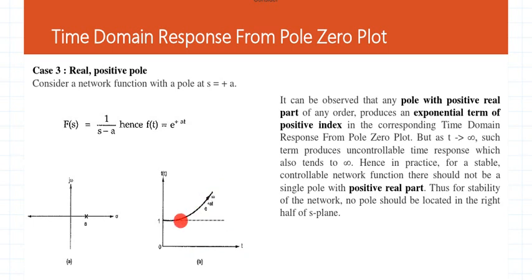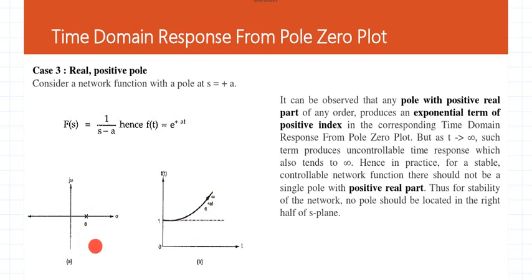As the time increases to infinity, the magnitude also tends to infinity, and therefore such an output of the system is an unstable system. Because the magnitude tends to infinity, the magnitude is uncontrolled. As time increases, the magnitude becomes uncontrolled, and therefore such a nature of output is said to be unstable.